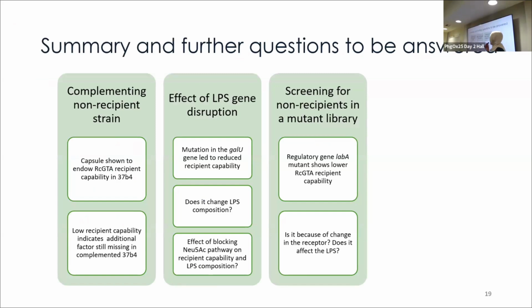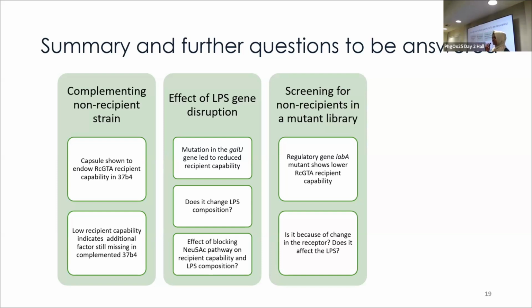So I'm almost at the end of the presentation, but to summarize before I go, from the complementation study, we rediscovered that the capsule is important in RcGTA binding, but it was also strongly indicative of the fact that there are other factors that still need elucidation. The next set of experiments led us to the discovery of the galU gene, which seems to be truncating an additional receptor other than the capsule, and we are eagerly waiting on the LPS results for that strain,